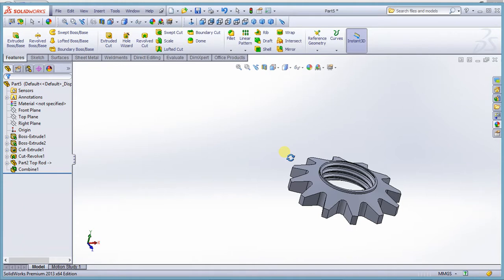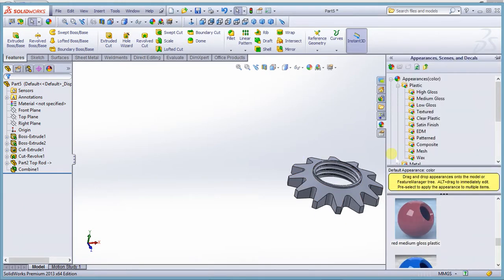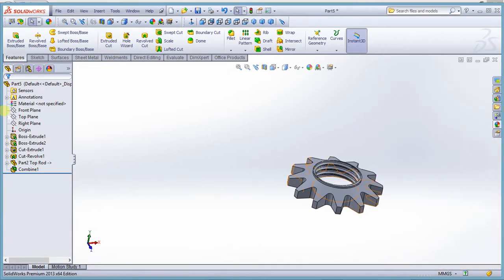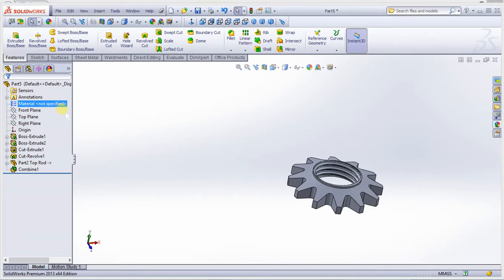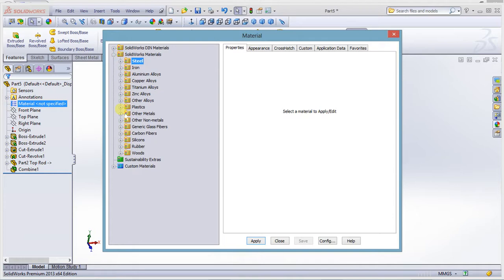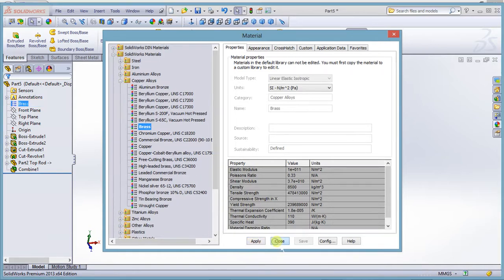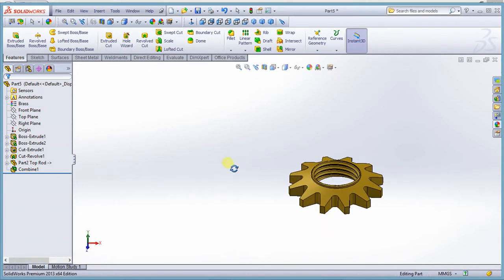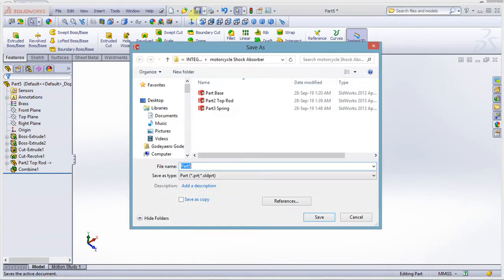Now it's time to define the material. Come to this place, or rather come here, define material from here. Also, here you come to non-metals, or copper alloy. Choose brass, apply and close. So it's brass that we want to choose as the material. Say OK, you save. Have part 4,